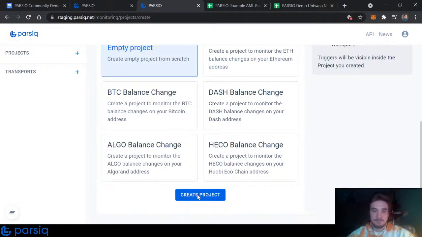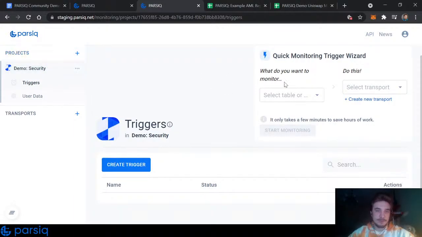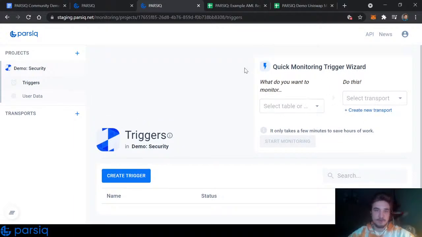And let us create it. Yeah, looks like everything's okay now. I've created a basic project, so it doesn't have anything here yet. So let's fix this. Let's use our quick monitoring trigger wizard in order to set up a monitoring for our